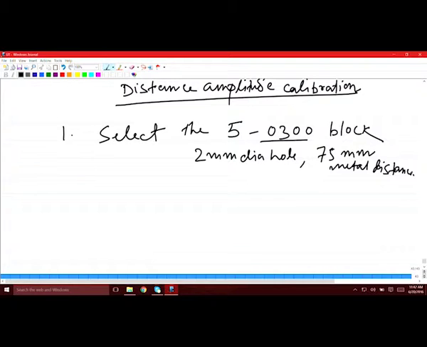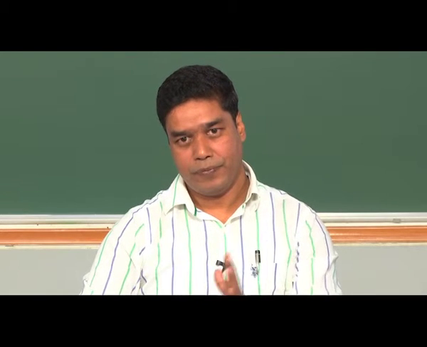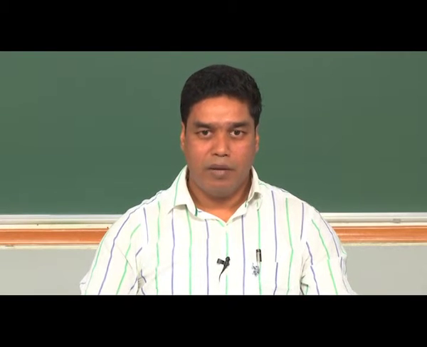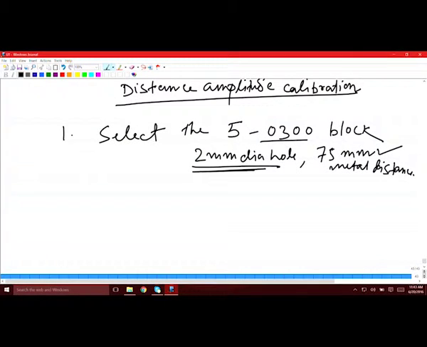in the first block that you have selected in order to calibrate the distance. Okay. So, now what we are going to do, we are going to keep this hole size constant, okay, and then vary this metal distance by selecting other blocks and collect a number of data points in terms of the distance. Okay. So, we will collect the intensity of the echoes coming out from these flat bottom holes as a function of metal distance. Okay. So, with that data we can plot a curve which can be used for calibrating the distance. So, take that block, this number 5 block, and do this.